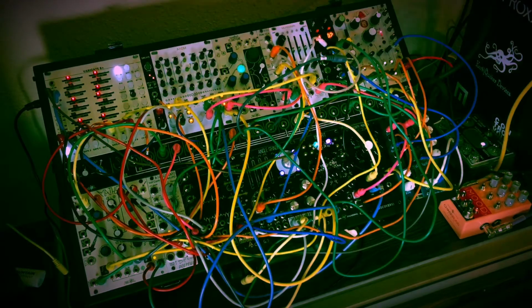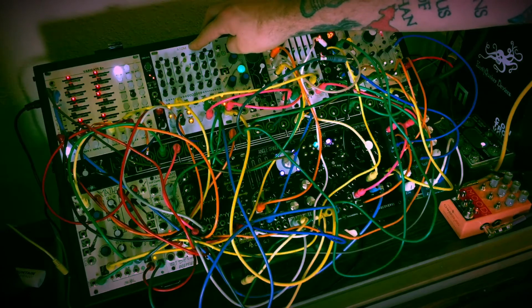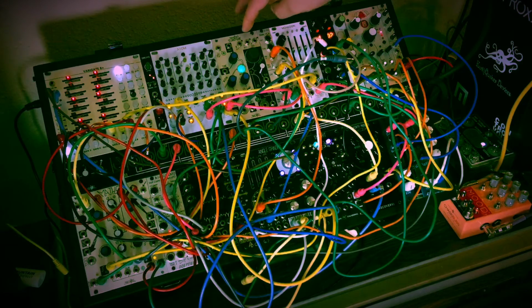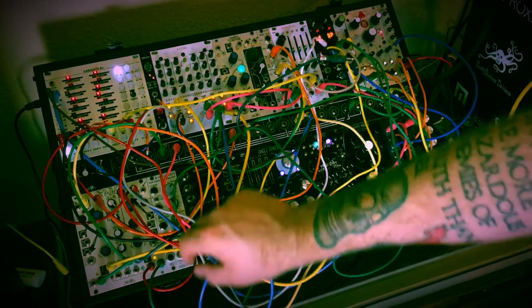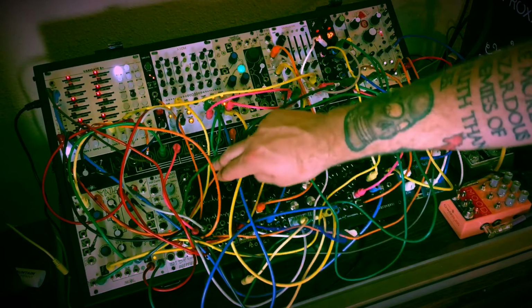Varigate 8 for my gate and CV sequencing. Erica drums for my main drum beat. I'm using the Atom, which is a clone of the Mutable Instruments Elements from After Later Audio. I'm using this Telharmonic very, very simply. A VCA, the Monsoon, which is a Clouds clone from After Later Audio as well. 2 Disting Mark IVs, a Tip Top 1 sampler, Chronoblob 2 delay, a Maths voltage-controlled delayed LFO from Dopefer, DivKid mutes,